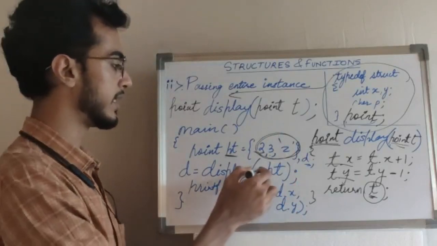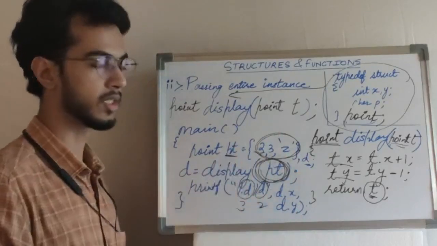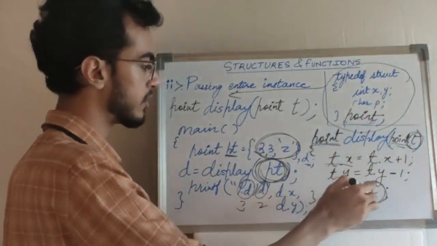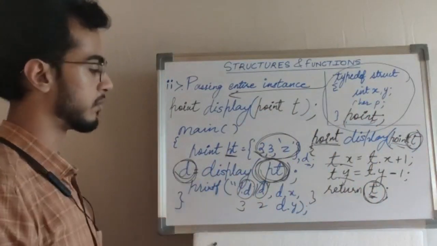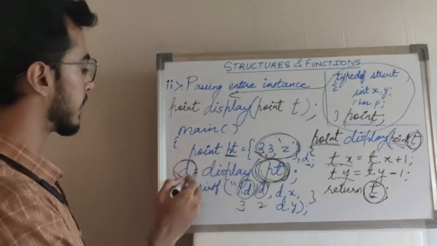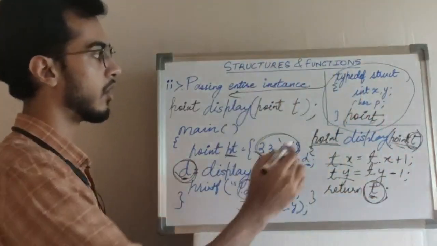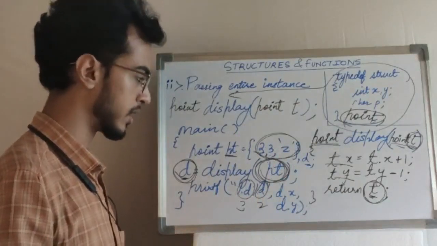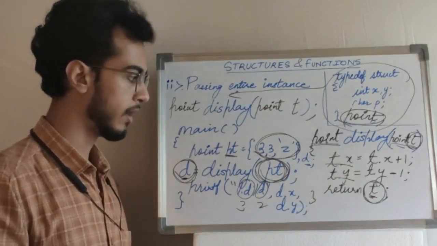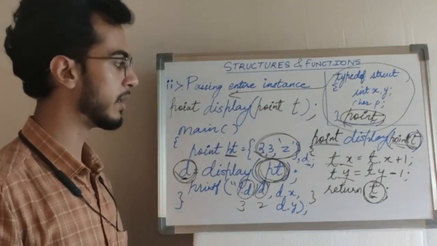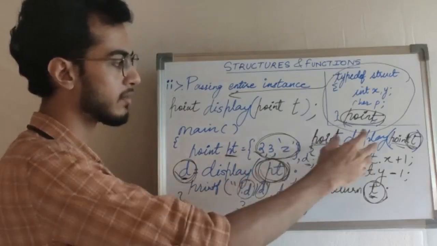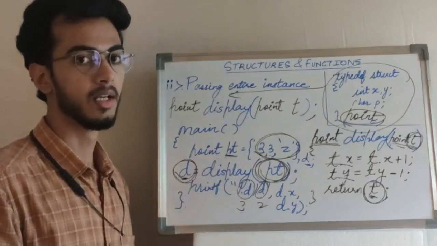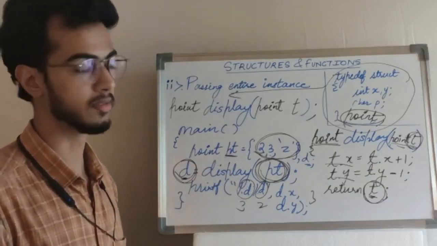So this is how you can send the entire pt instance to the function and catch it in a similar instance of the same type. And while returning, that should also be received in an instance of the same type. So remember that this pt, this D, this T are all of type point. One more thing that I want to emphasize here is when we pass one individual member, such as pt.x, and make some changes at this place, that will not reflect on pt because the individual members are passed by value, and not by reference.